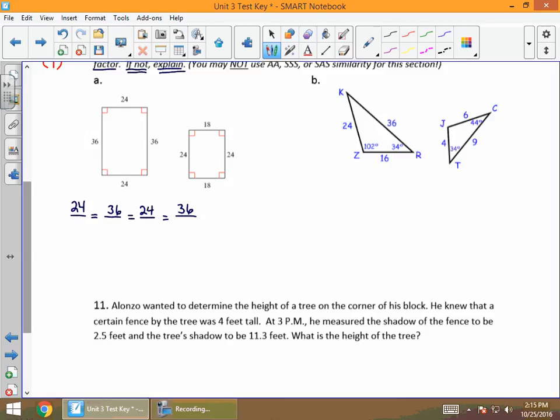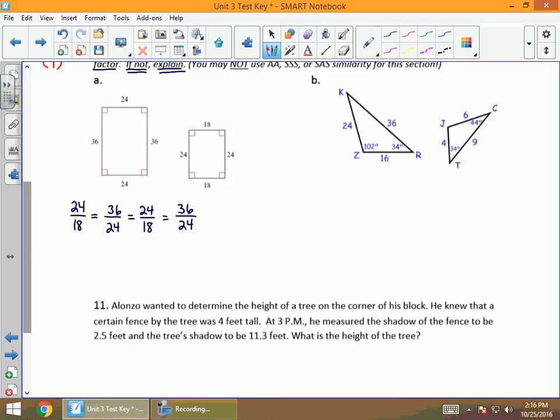And on the second rectangle, 18 is the top, 24 is the right side, 18 is the bottom, 24 is the left side. And you'll notice I'm still going long side to long side, small side to small side. And now I just need to reduce everything. So 36 over 24